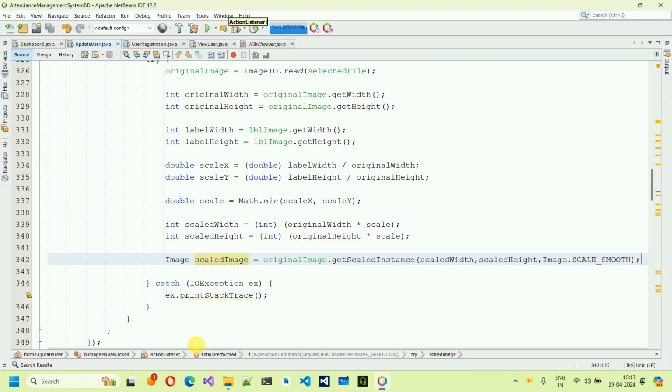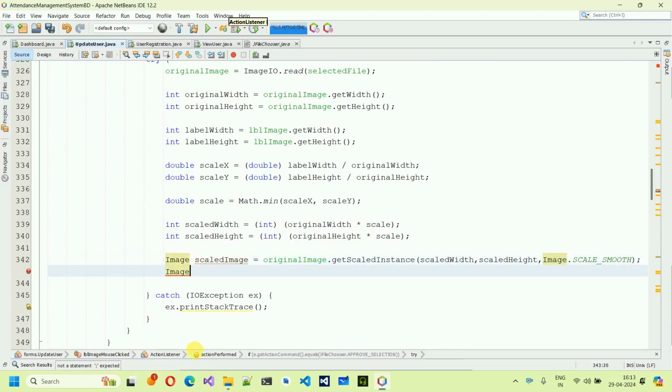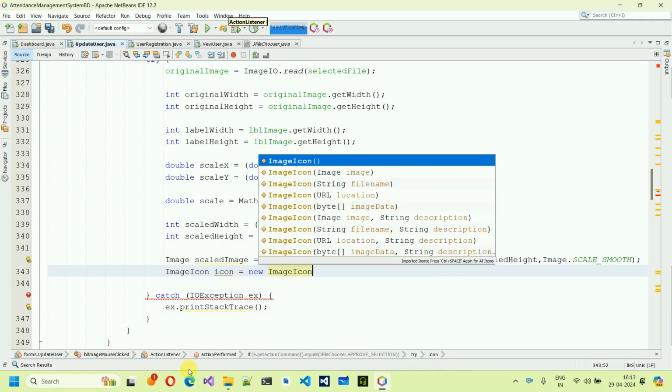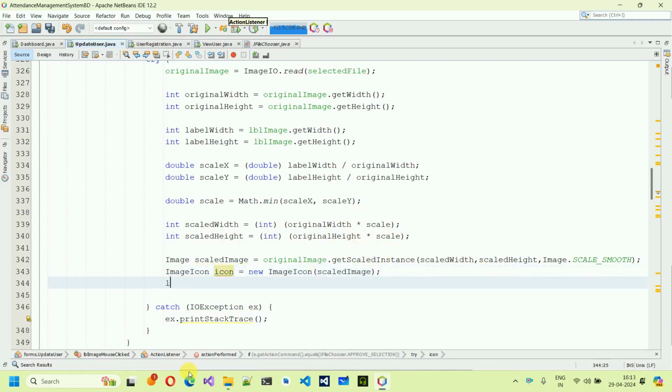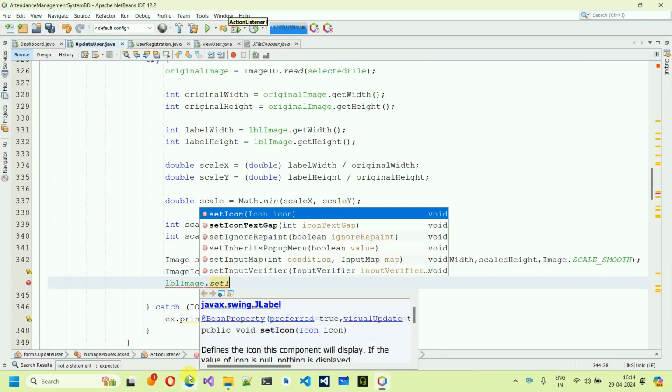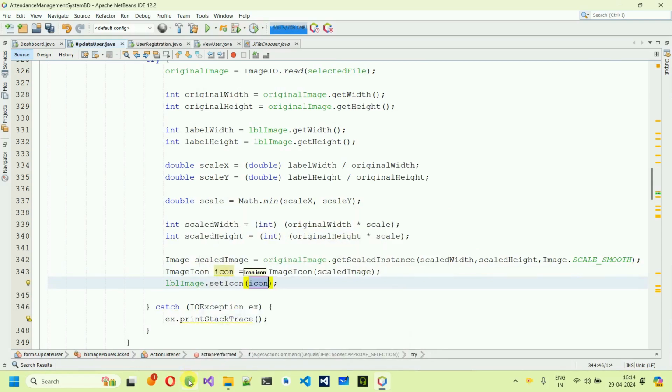Now save it. After this we will create an ImageIcon. icon is equal to new ImageIcon, and into this one we will pass the scaledImage. Save it, and finally we will do lblImage dot setIcon, and we will set the icon inside this one. Now save it,